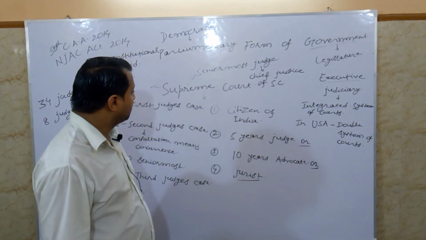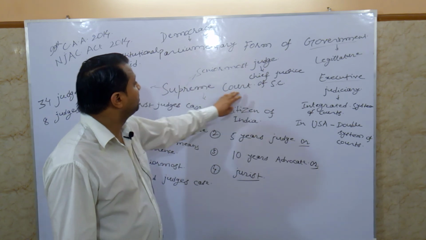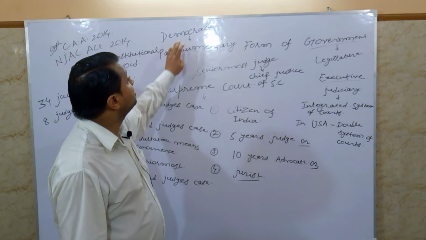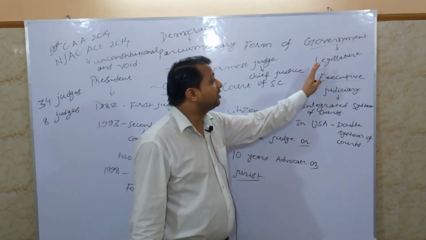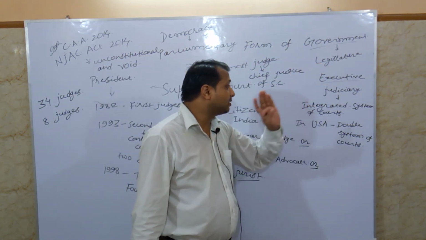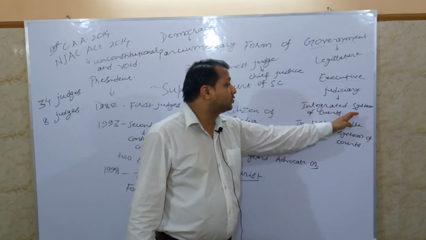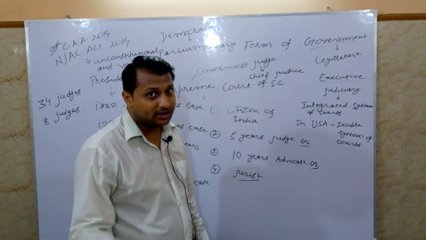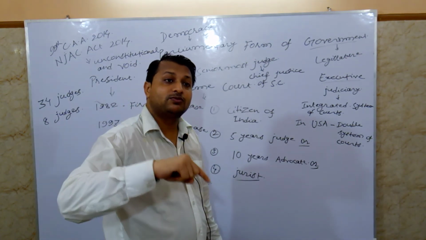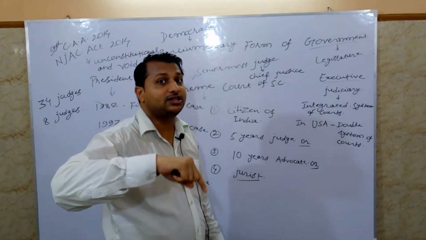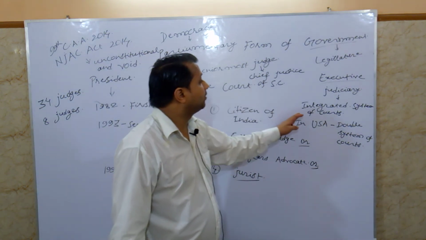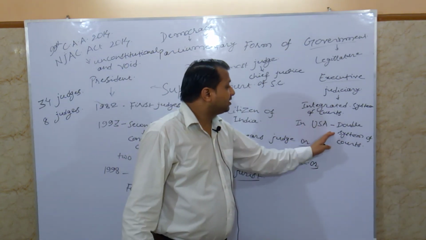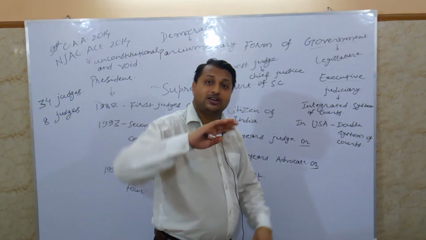We have discussed the judges of the Supreme Court. We have democracy, we have a parliamentary form of government, we have legislature, executive and judiciary, and we have an integrated system of courts. The Supreme Court can rule over the lower courts also, the Supreme Court enforces state laws also, and appeal from the state laws also goes to the Supreme Court. But in the USA we have a double system of courts. Federal laws are being